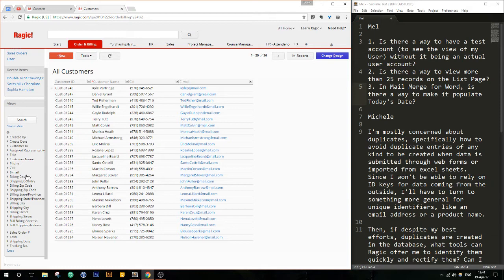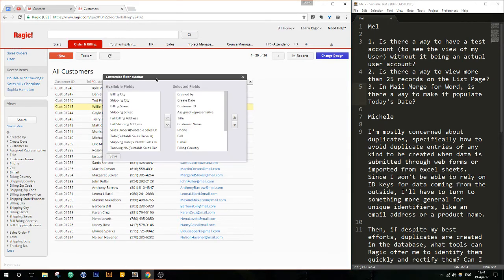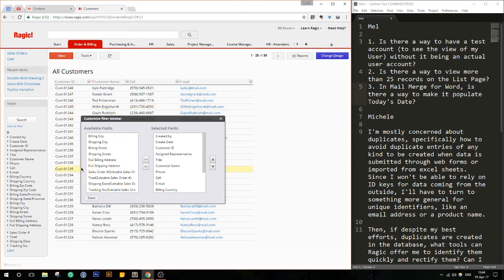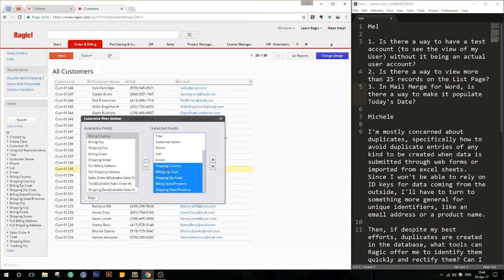But I mean, this is way too long for me, so I can actually configure the filter sidebar. So if I didn't want to display everything, then I can just remove them from here. So I'm selecting more than one. You can use Shift to select a range. You can also click with Control if you want to select several at once. I'm going to use Shift here and then